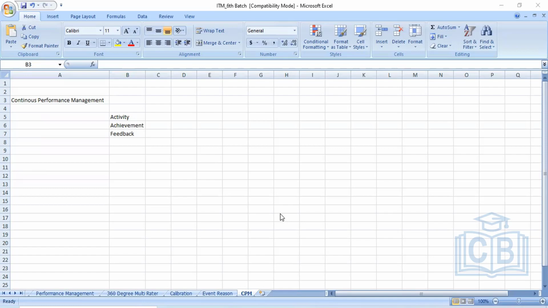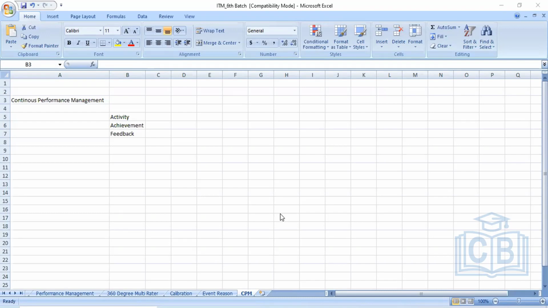So the manager can view, apart from the ongoing goal for the employee, if the employee is working on some other task or other activity also, that can also be updated in this tool. The employee can mention that this is the task given by so and so manager, and I am also taking care of this task, and this is the status of this particular task.